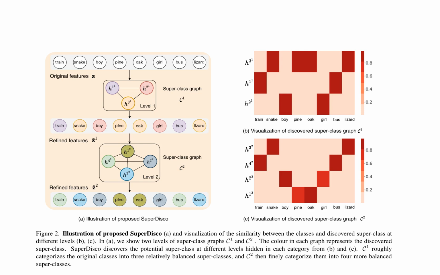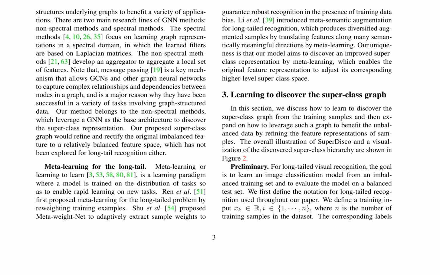The method employs metalearning to discover an improved superclass representation, allowing the original feature representation to adjust its corresponding higher-level superclass space. This approach is distinct from existing metalearning methods for long-tailed problems, which focus on reweighting training examples or adaptively extracting sample weights. The SuperDisco method is illustrated in Figure 2, showing the proposed superclass graph and the visualization of the similarity between classes and discovered superclasses at different levels. The method discovers the potential superclass at different levels hidden in each category, refining the original features to a relatively